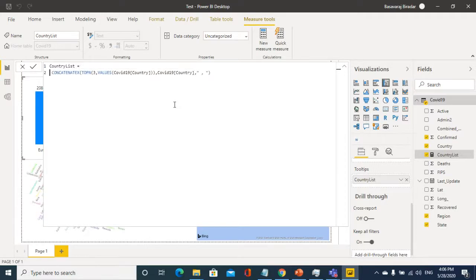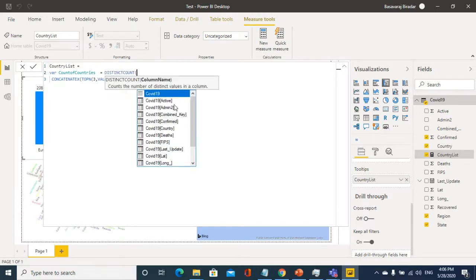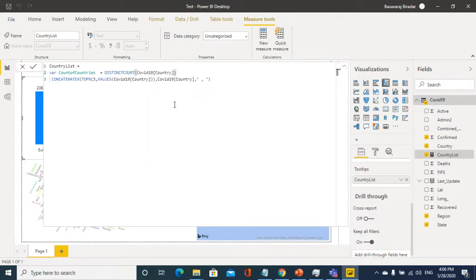So to do that, what I'll do is I'll declare a variable, count of countries, equal to distinct count of countries. As it is a measure column, it takes the current filter into the context. Then this is top 3 countries.